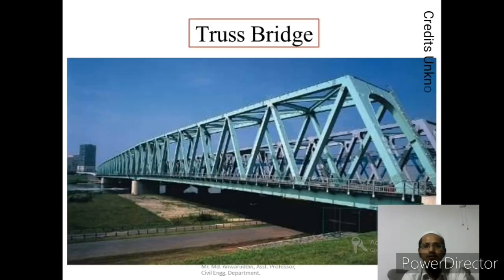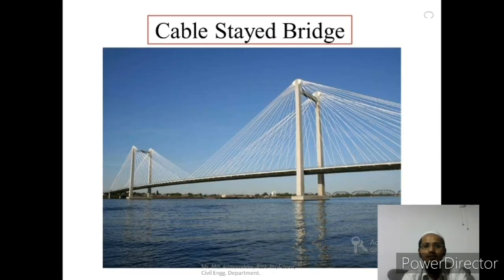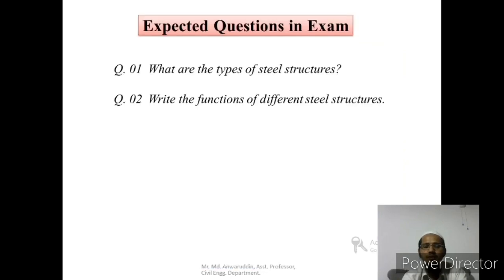This is the diagram showing a truss bridge for communication purposes over roads as well as water bodies for having a longer span. For large water bodies, steel structures or bridges made of steel can be used as a connecting media, that is suspension bridges and cable-stayed bridges for large spans.